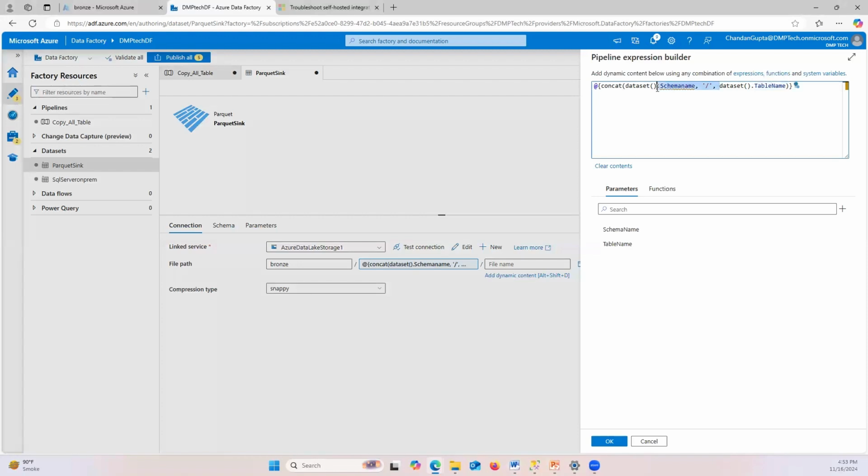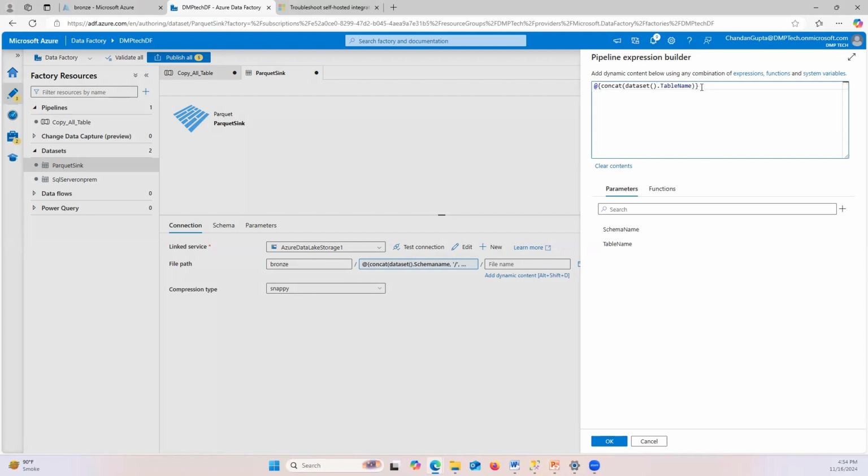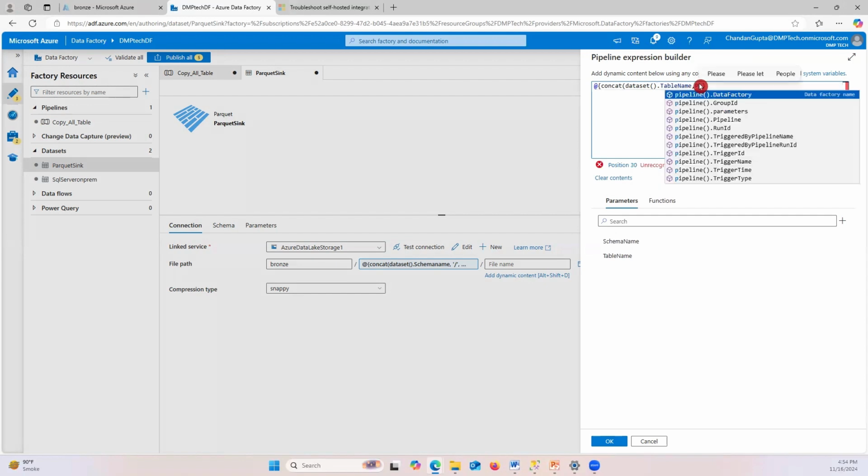Okay, so here after dataset I need to remove this. So here maybe I need to remove this also. Dataset table, and here I need to give